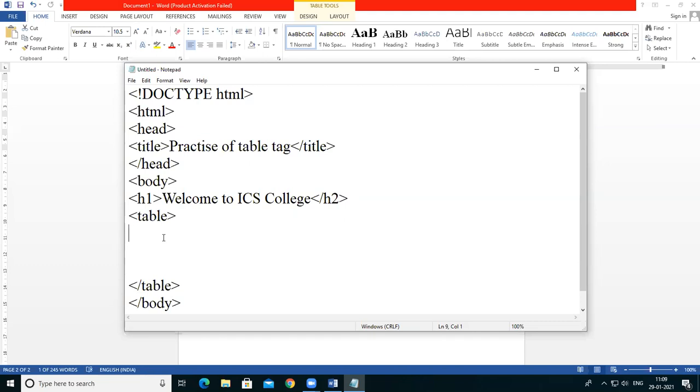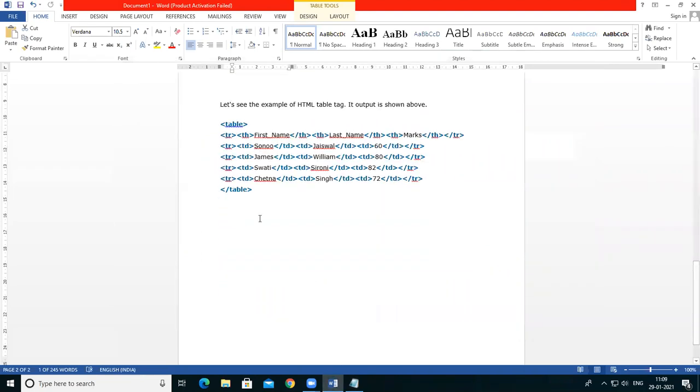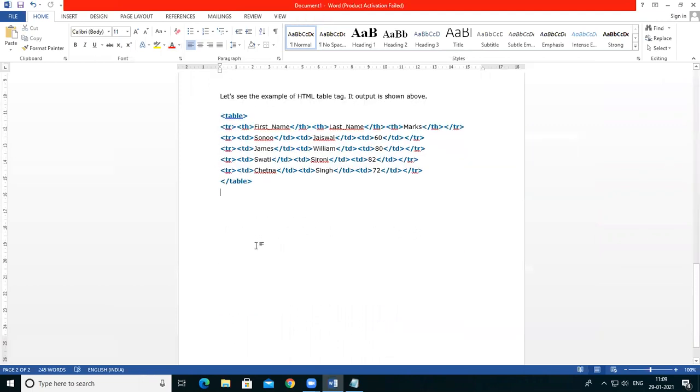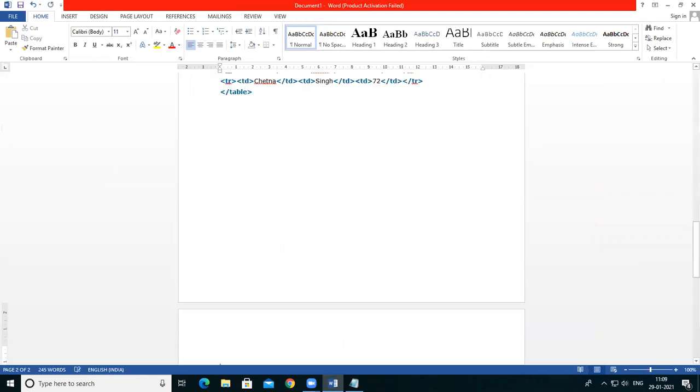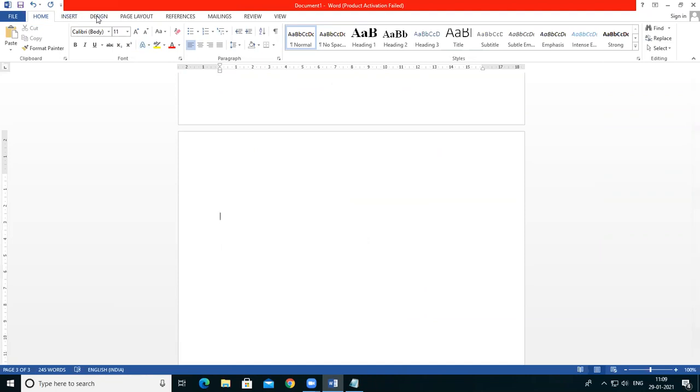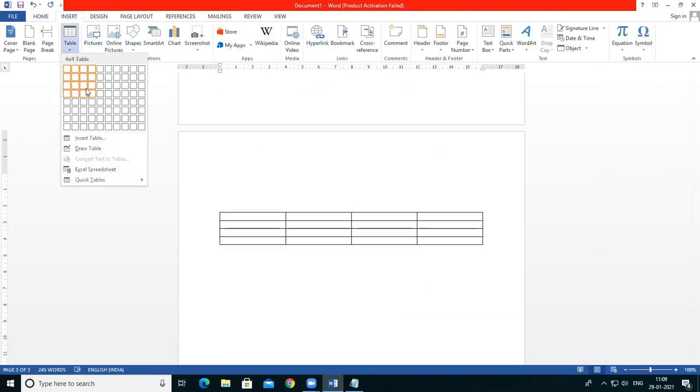So here I want to take three columns, that is roll number, name and class. Okay, roll number, name and class. So there are 3 rows and I want 3 columns. Okay, so just like this. See here, I want this type of table on the web page.